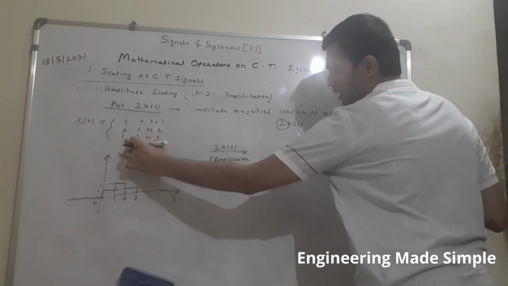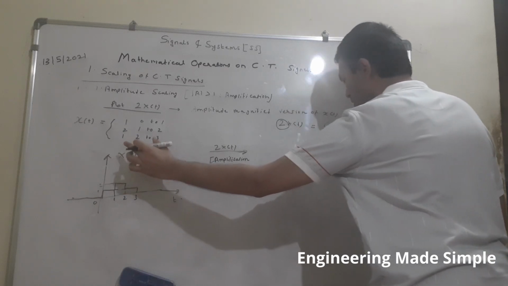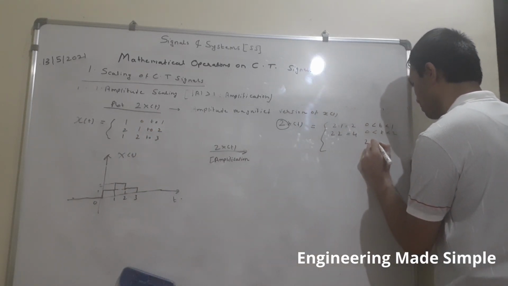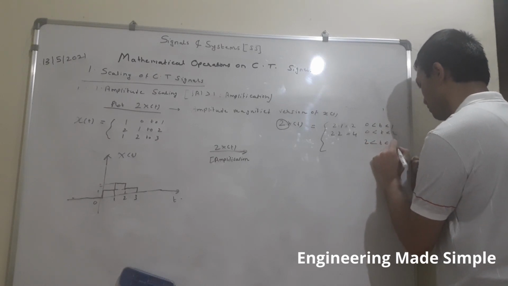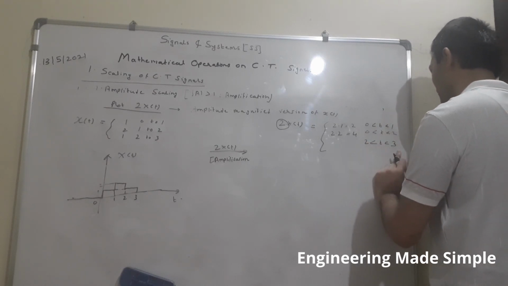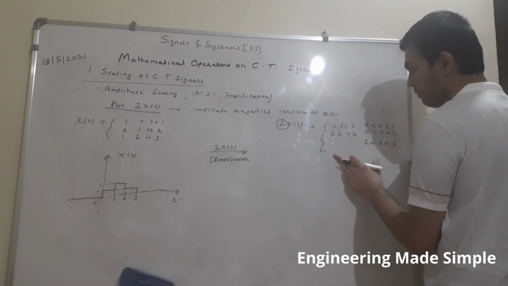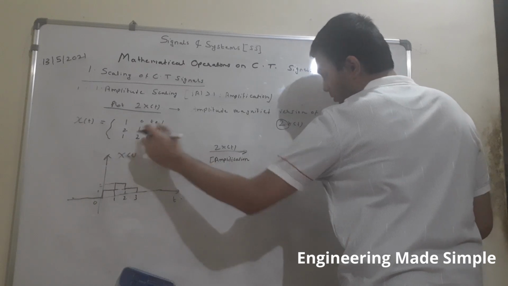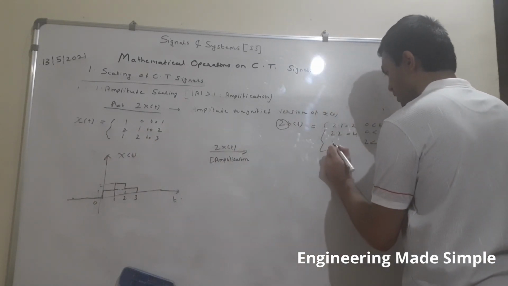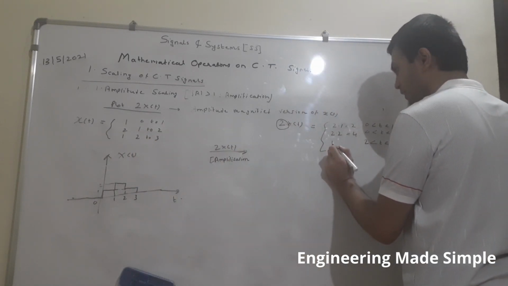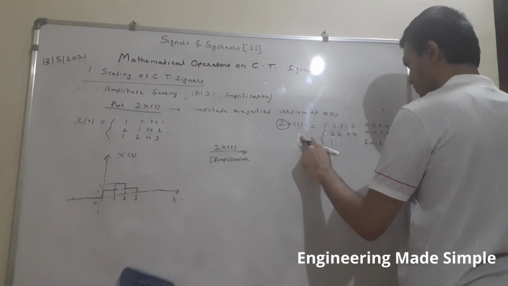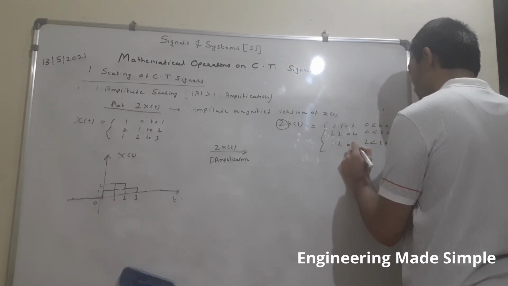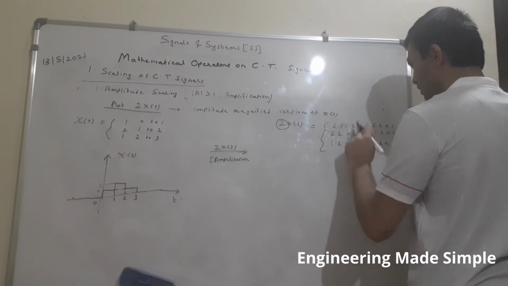Now what was the amplitude value of x of t in between the time intervals 2 to 3? That is another way of writing 2 is less than t is less than 3. In the time interval 2 to 3, the value of x of t was 1. But that was the amplitude value of the signal x of t. We are interested in finding 2 into x of t, so its amplitude value will be again multiplied by 2. So the final answer would be 2. So now let us plot these values.